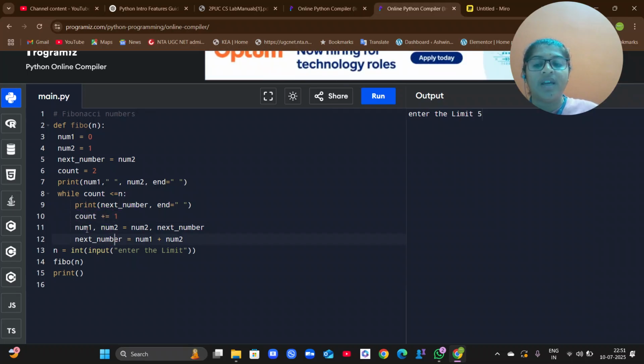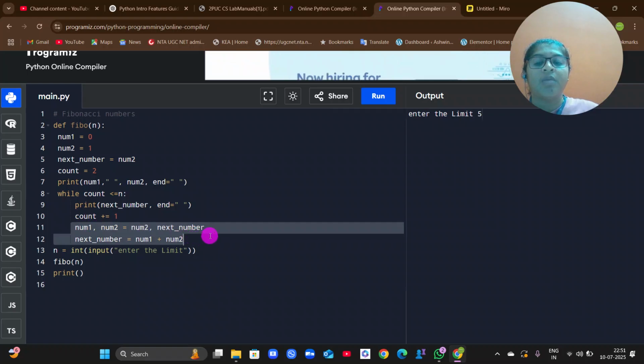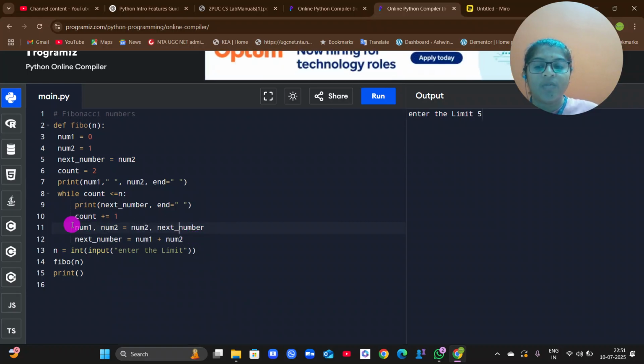Okay. So here we are swapping number 1 and number 2. My number 1 will have number 2. So what is there in number 2? It is 1. So 1 is shifted to number 1. My number 2 is shifted with next number. Okay. So my next number is number 1 plus number 2.